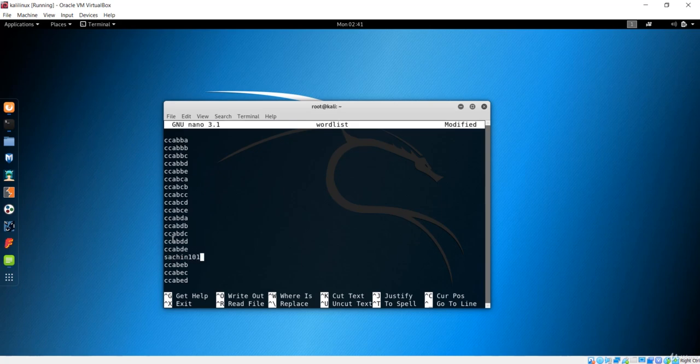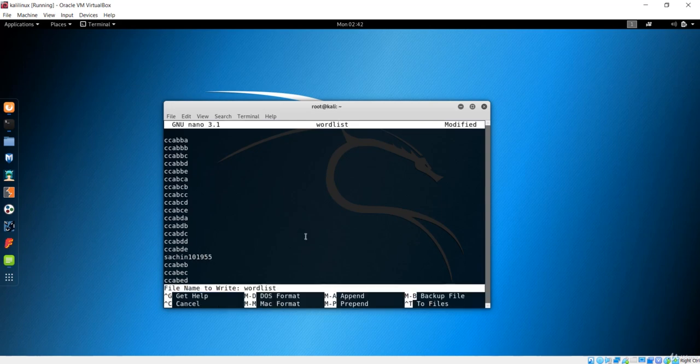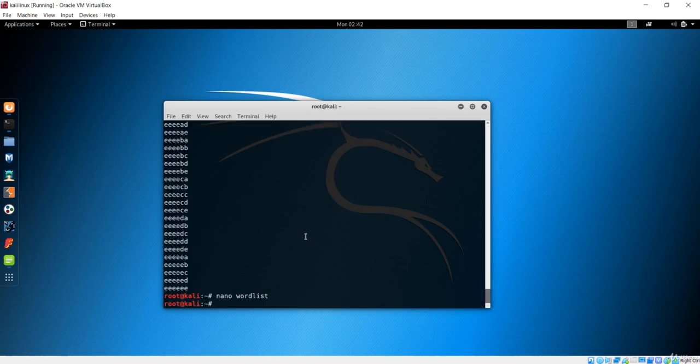I'm just using this actual key or password over here, and let me save this using Ctrl O to save and Ctrl X to exit. Now if I look again at this word list, it contains so many lines, and in one line we have the actual password that we just edited.